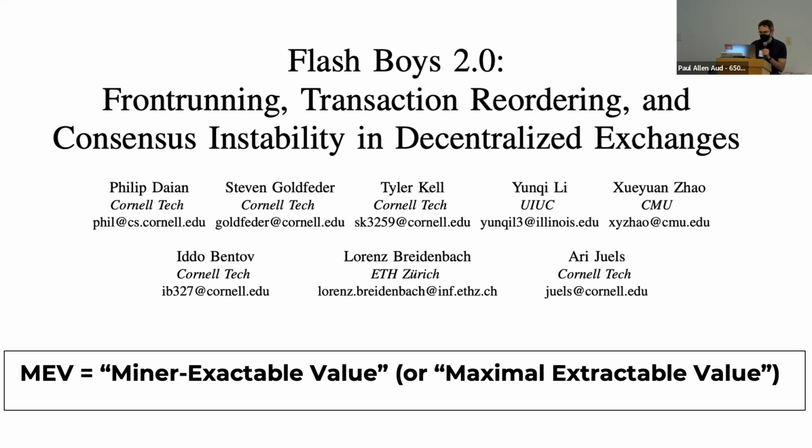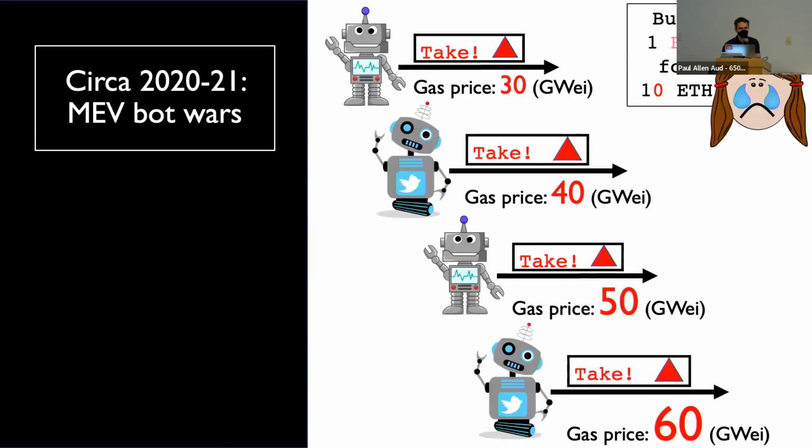At the time that we conducted the study, this was in 2019, 2020, this was what I'll refer to as the era of the MEV bot wars. So at this time, miners really weren't in on the game. Bots instead were competing with one another and playing with transaction fees to affect the ordering of transactions in blocks. They were competing with one another to pick users' pockets. All of this has changed.